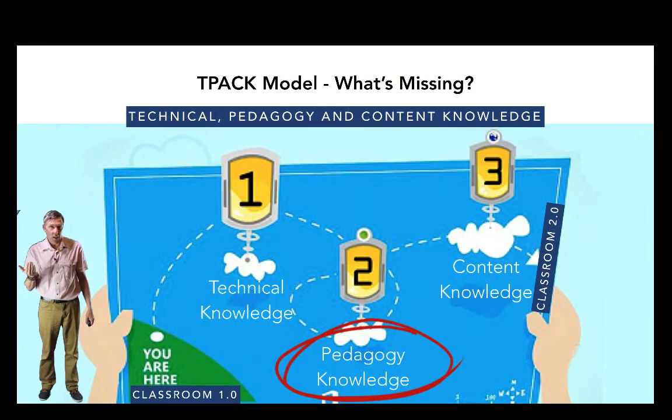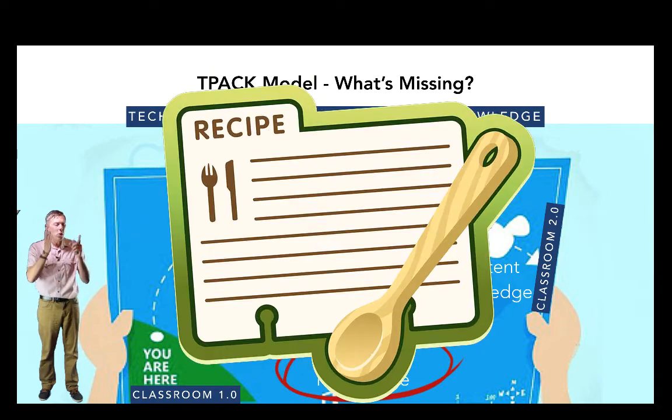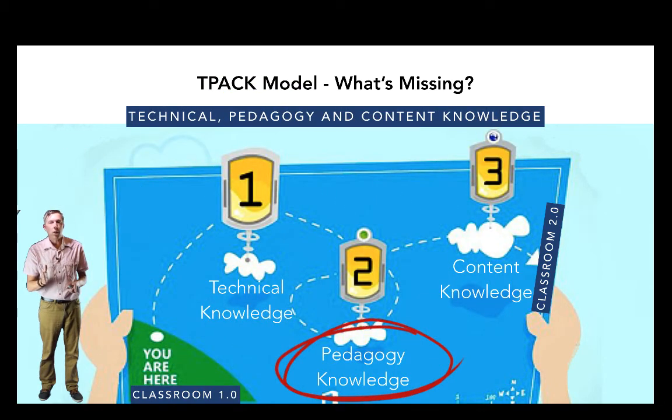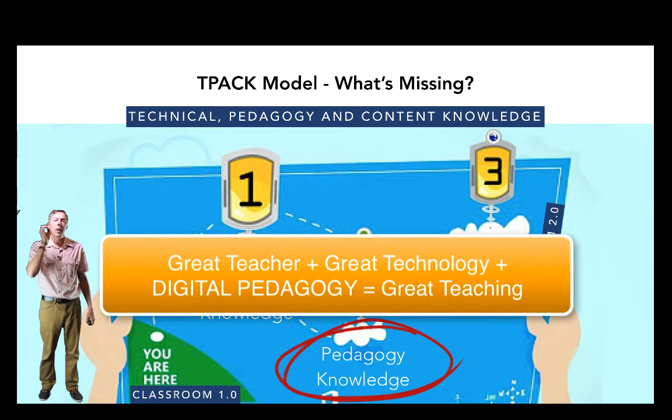Didn't work. The bottom line, he missed out some of the essential ingredients like baking powder. You see, he did not have a recipe. He could have been as enthusiastic as he liked. He could have had the greatest technology. Without the recipe, he would not succeed. And that's the missing element when it comes to educational technology and using technology effectively in the classroom. What is the pedagogy?